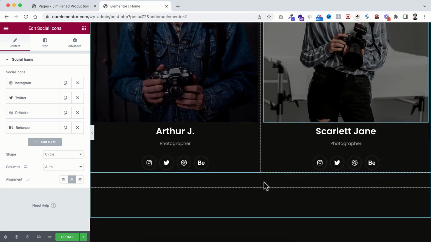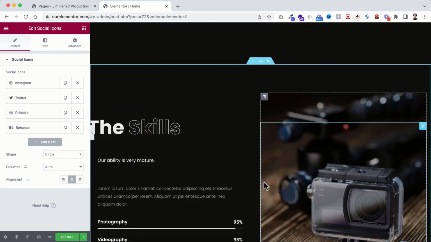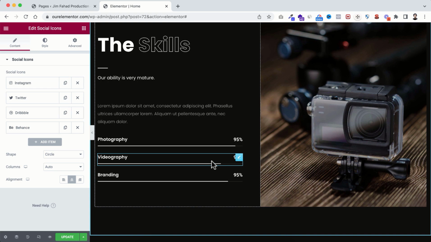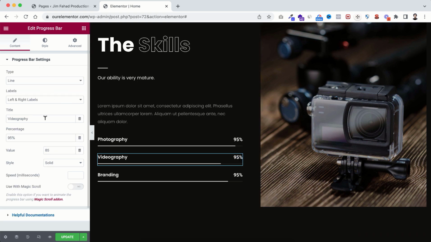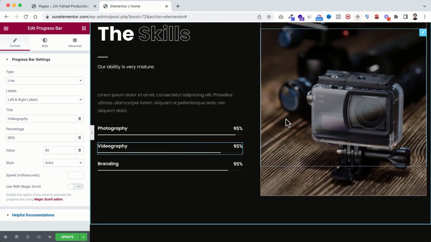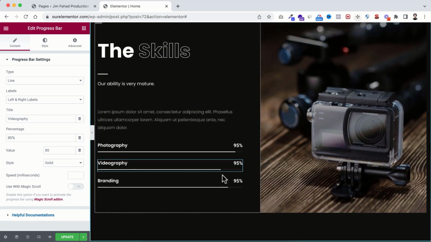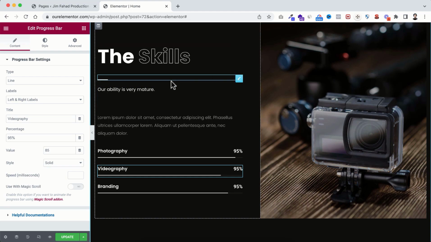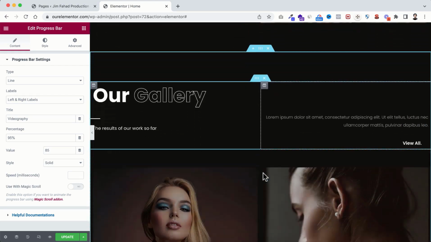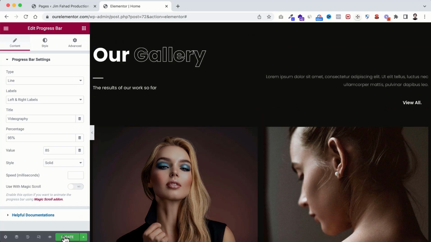And let's scroll down. I'm showing you all other areas, and here we can see the beautiful progress bar. Also, if you want to change that, just click over that. From left side, you can change all the values the way you want. Everything is self-explanatory. Everything is super easy. All you need to do, you just need to replace these images with your own images. You just need to put this information with your own informations. And finally, when you are done with your work, from left, don't forget to click on this green update button